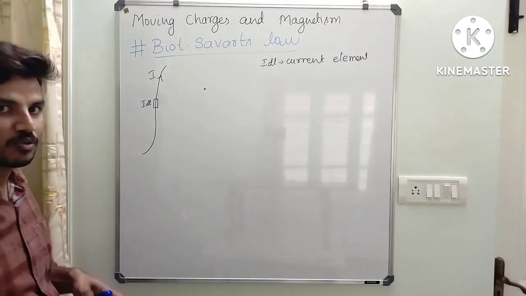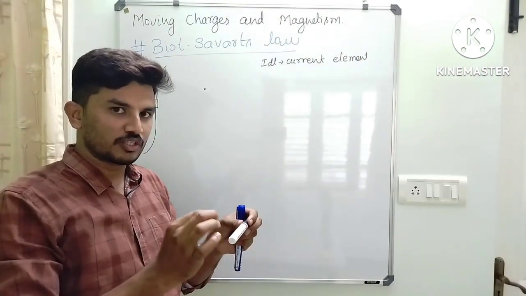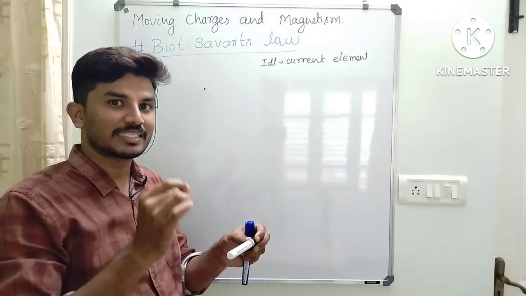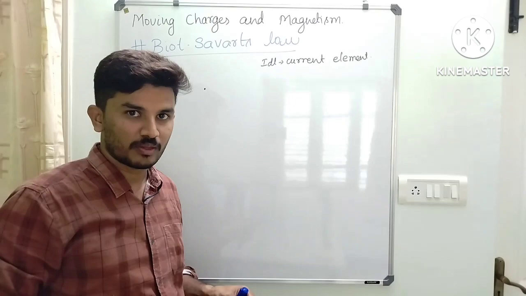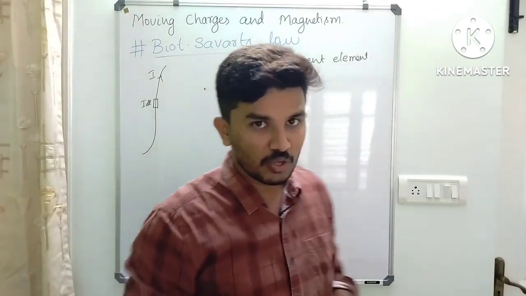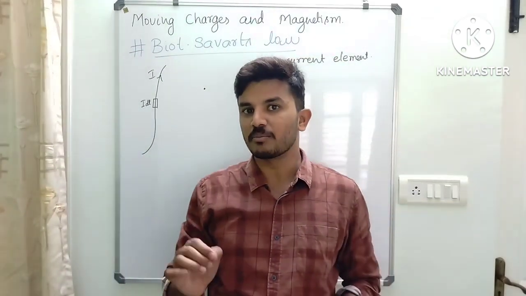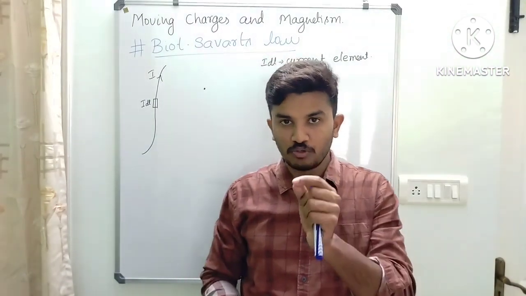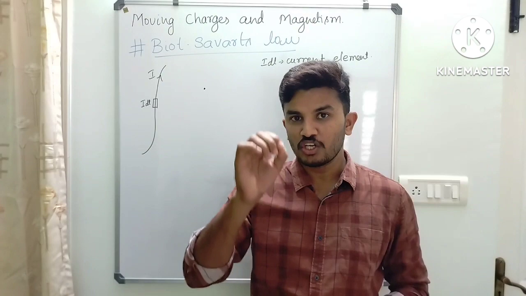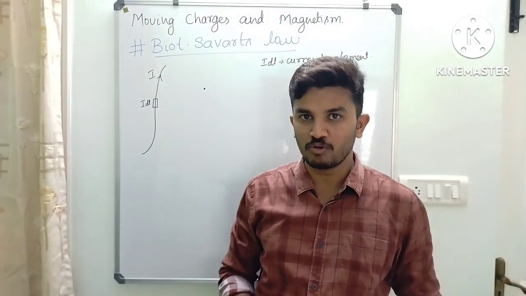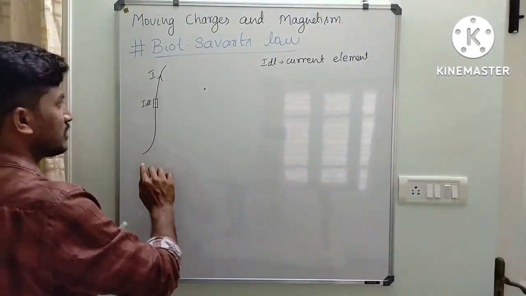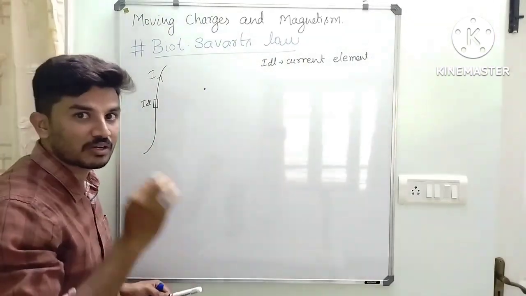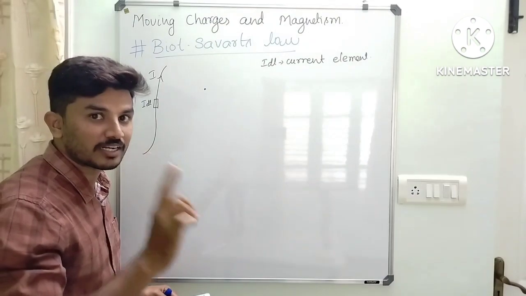Okay, current element. Do remember this. When the charge moves, it produces magnetic field as well as electric field. Yes or no? In the first chapter, you have already studied whether the charge is at rest or in motion, it produces electric field. But if it has to produce magnetic field, the charge should be moving with some accelerated motion. Okay. So here, when the charge moves, it produces magnetic field around it. Here we are only talking about magnetic field, not the electric field.